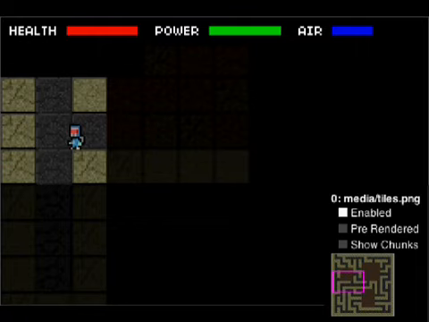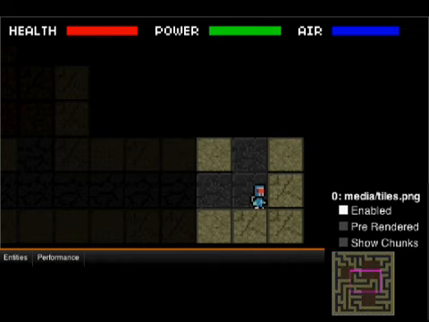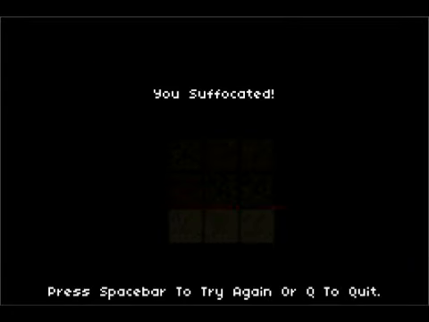As I go through some of these screenshots, you walk around, and as you explore, it grays out where you've been, so you can keep a reference to it. And that screen on the right is from the debugger inside of Impact, so I don't have the mini-map built in yet. And then if you run out of air, you suffocate and you die, and he explodes into little bits and pieces, and then you can start all over again.